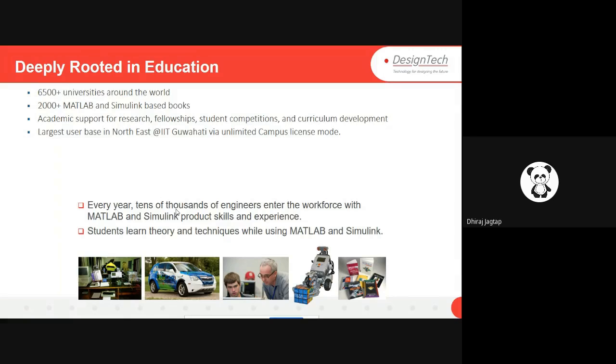Millions of engineers and scientists worldwide use MATLAB and Simulink. In fact, there are over 4 million users of MathWorks products in 185 countries. This software is used in over 15 industries, from aerospace and automotive to biotech, energy production, financial services, medical devices, and railway systems.